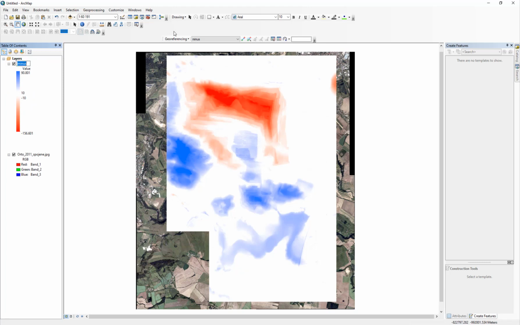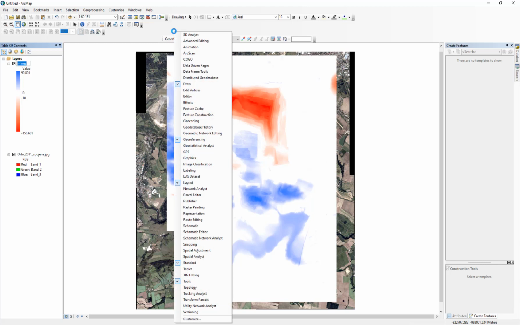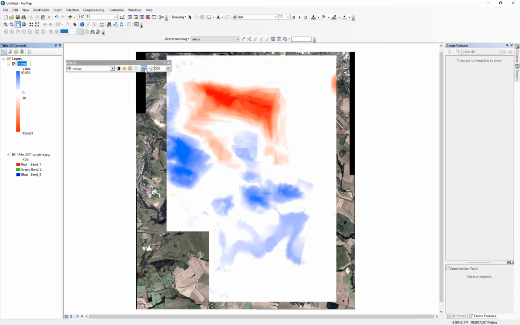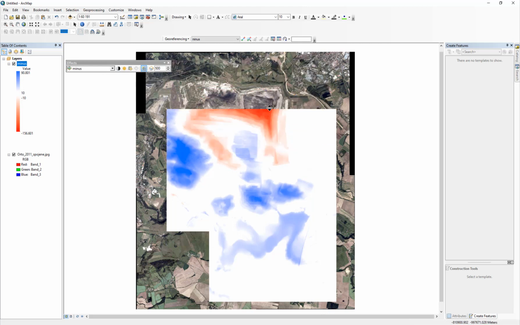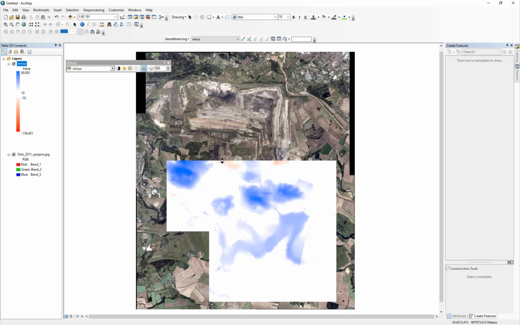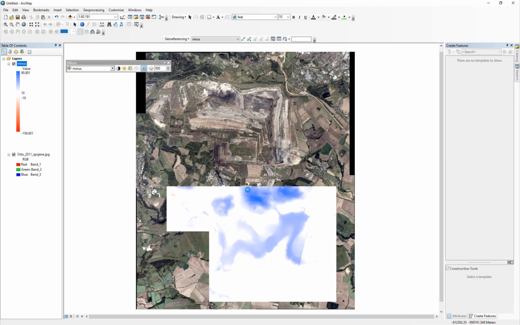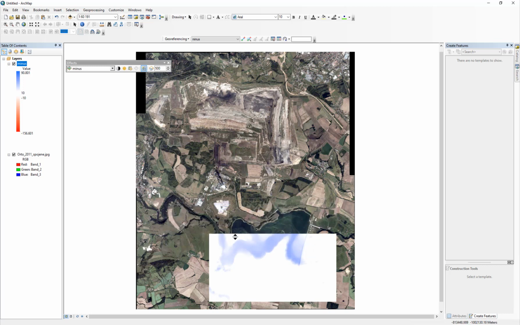So minus, so you see the differences here. This has been mined away. This has been mined away. This area was added, or like a deposit. This area was added. This area was added. This was added, and here we have the water added. Right. The water level